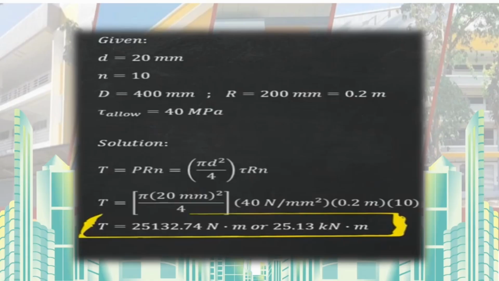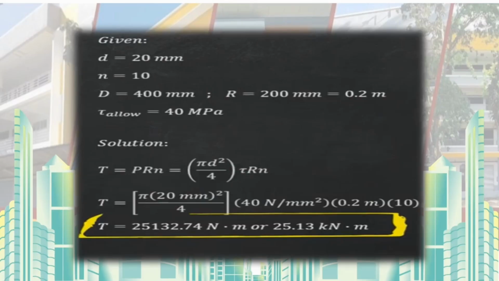It is half of the 400 millimeter diameter, and N equals 10 is the number of bolts. First, we calculate the shear area of one bolt using pi d squared over 4, which equals 100 pi,